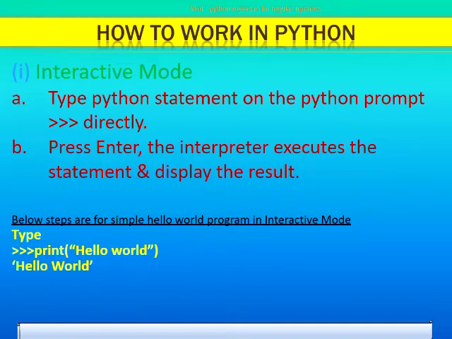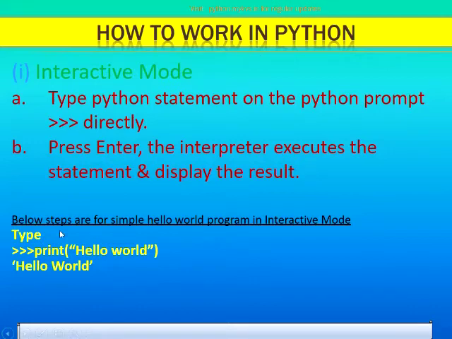Now first is interactive mode. In interactive mode, we'll type the Python statement on the prompt directly, where the prompt is the triple greater than sign. After that, we'll press the enter key and the interpreter will execute the statement and display the result.